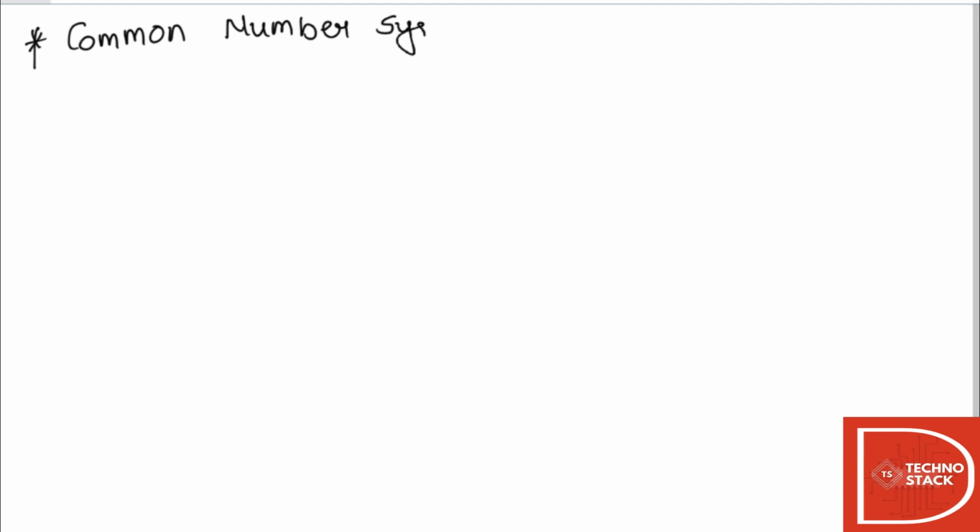As you all are aware of the number system that we are using in our daily life, that is decimal number systems, are you aware that there are 3 more number systems that are commonly used besides decimal number systems? So we are going to learn today about the 4 number systems. There are another type of number systems also, but for now we'll only be looking into 4 number systems that are useful for us in the further section tutorials. Okay, so for digital electronics platform, these are the 4 number systems that we normally used.